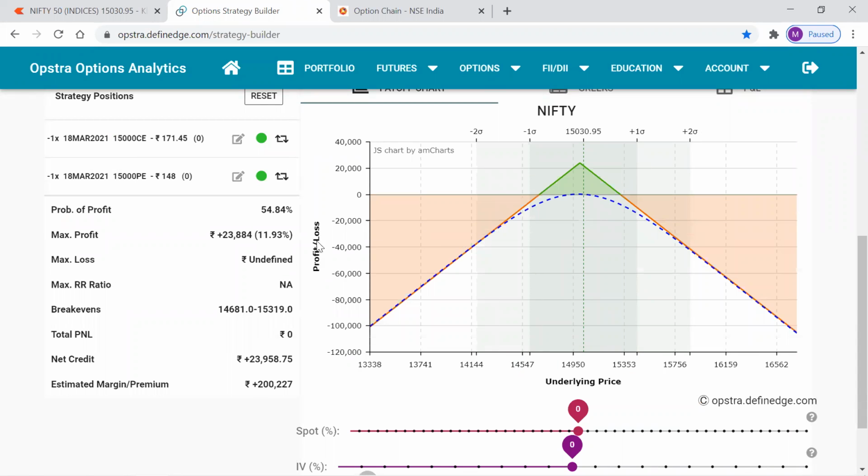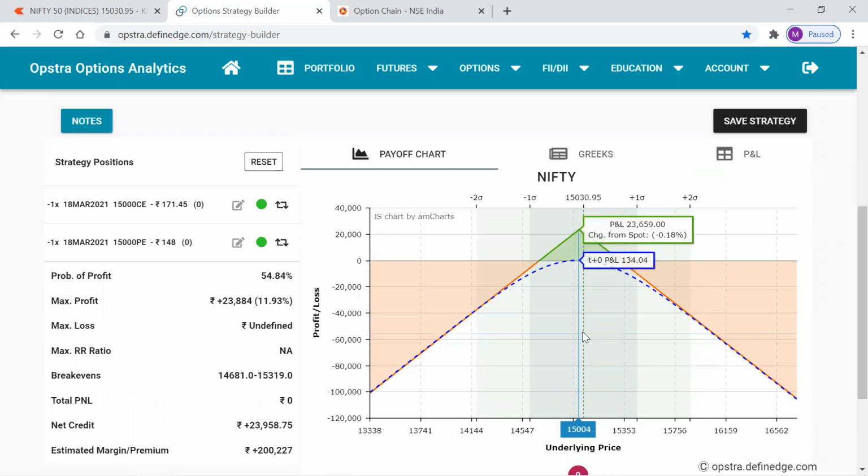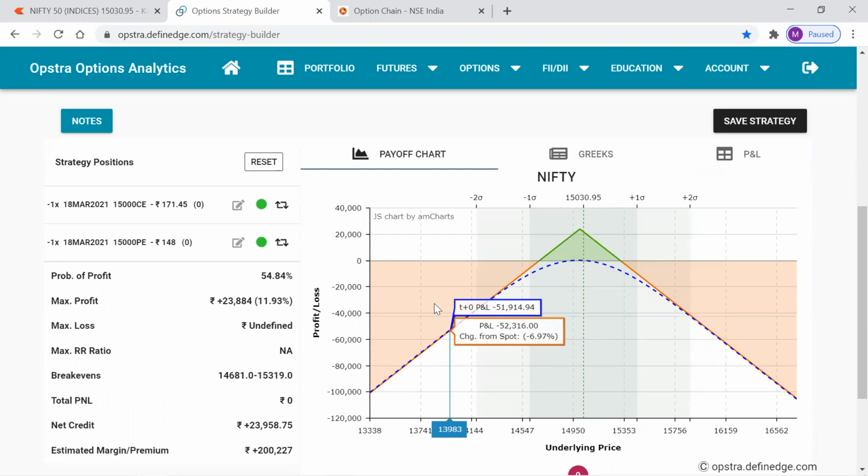Here, the risk is unlimited. Look at the red area. Look at the payoff chart. Here, the risk is unlimited, right? So to make it limited, we make Iron Butterfly. We make it Iron Butterfly to convert this maximum risk to minimum risk. I repeat, this is short straddle. We need to construct Iron Butterfly on short straddle so that this maximum loss will turn into a minimum loss, or a defined loss, or limited loss.